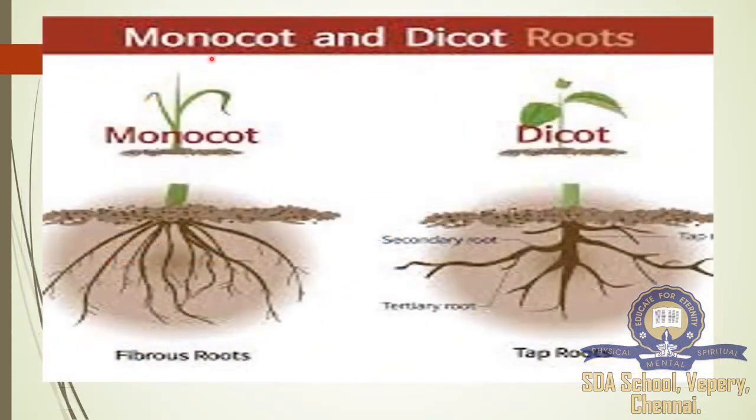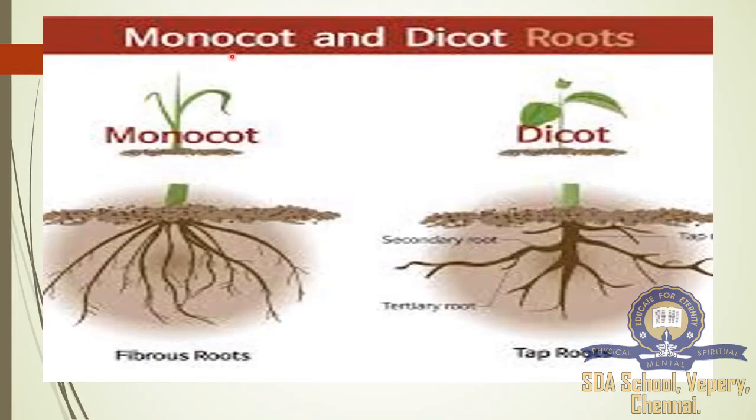In the previous slides we saw only the physiology. Physiology means the appearance, how the plant is, what all the tissues present are, and what the function of those tissues is. Now we are entering plant anatomy: how the inner organ systems are situated and what the functions of those inner tissue systems are.